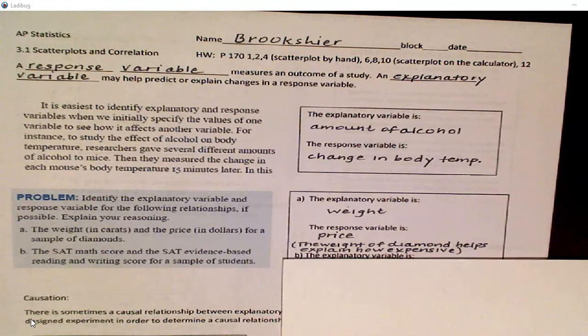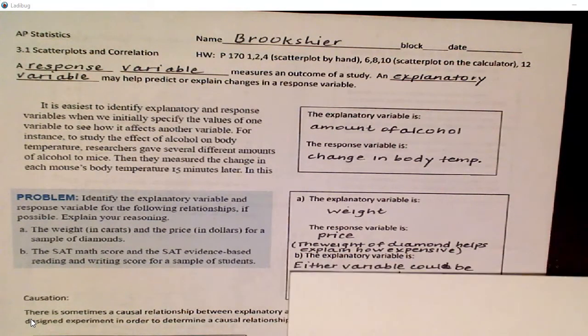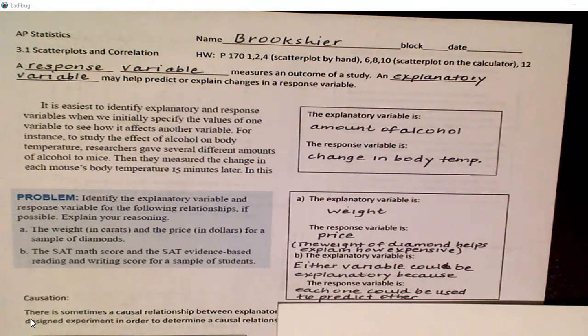And this happens sometimes. Sometimes they just want to see if there is a relationship. So on this particular one, either variable could be the explanatory because each one can be used to predict the other. So if you think about graphing this, what would the x-axis and the y-axis be? In this example, you could say, here's the math score, that's your x-axis, and your y value would be the reading and writing score. But you could also flip those and have the reading and writing score on the x-axis,